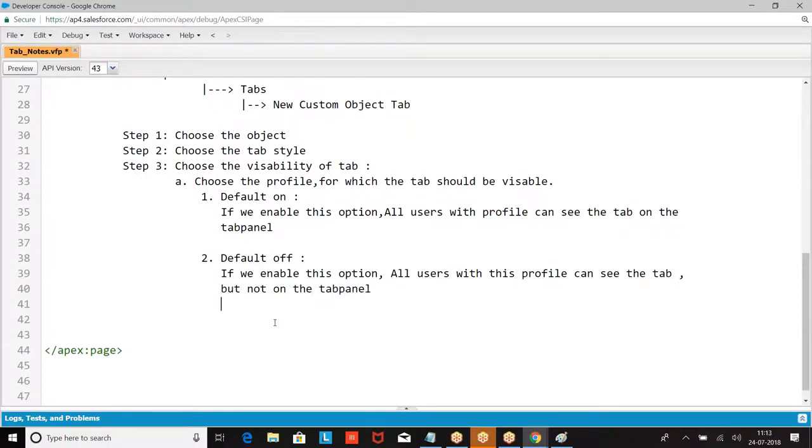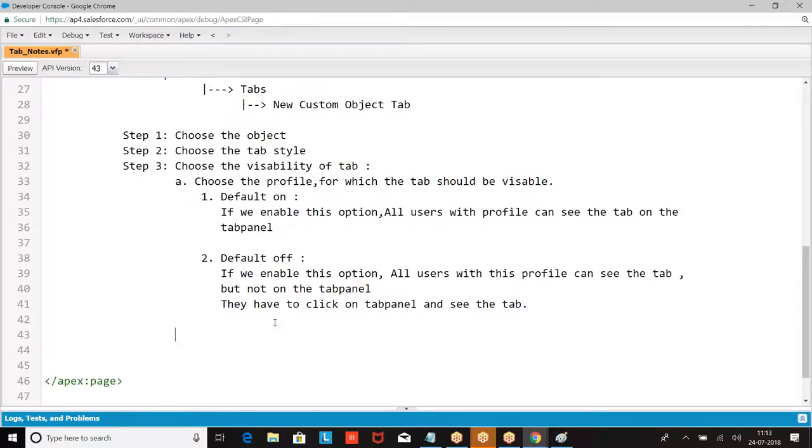You have to click on the plus sign. I hope you are good with this.